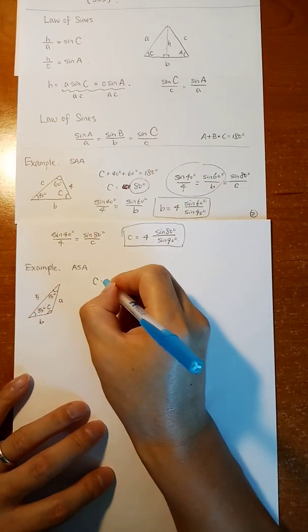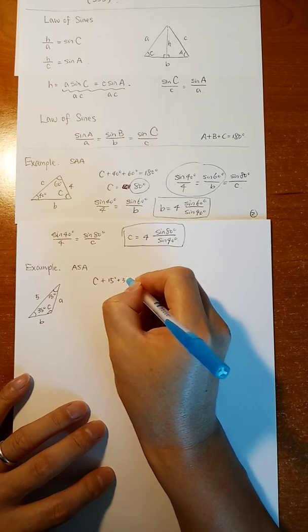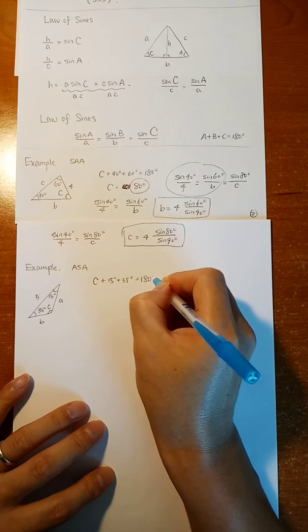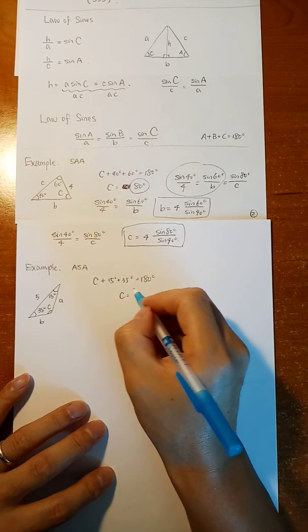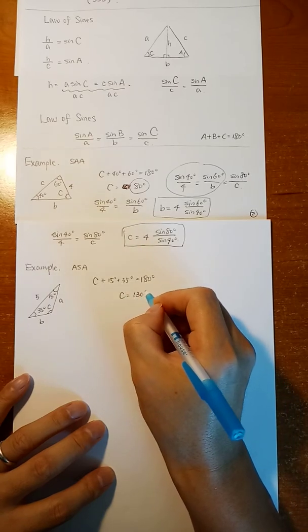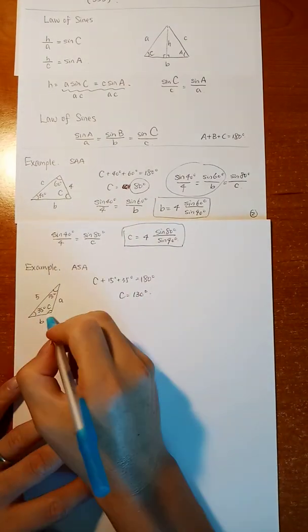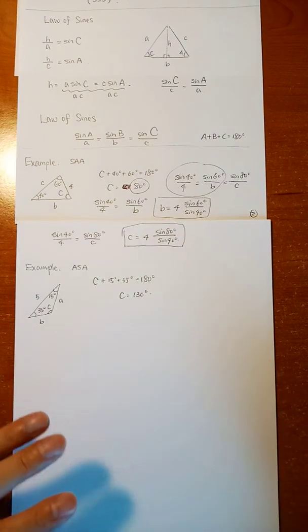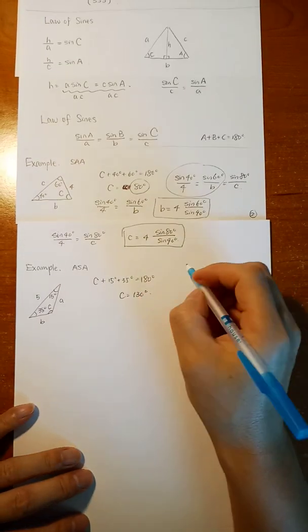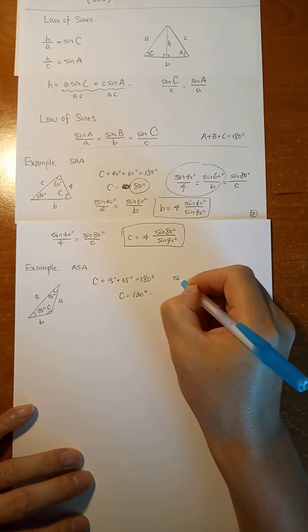Angle C plus 15 plus 35 is equal to 180 degrees. So C is 130 degrees. So you get the angle C equal to 130 degrees. And then you state the